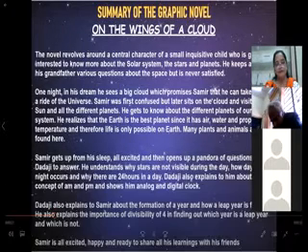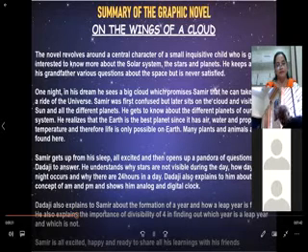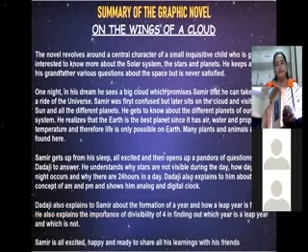Child who is greatly interested to know more about the solar system, the stars, and planets. He keeps asking his grandfather various questions about space but is never satisfied. One night, in his dream, he sees a big cloud which promises Samir that he can take him on a ride of the universe.